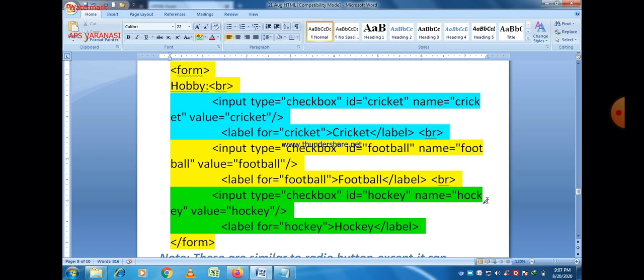One checkbox for cricket, second for football, and third for hockey. Remember one thing, always write type is equal to checkbox in case of checkbox.